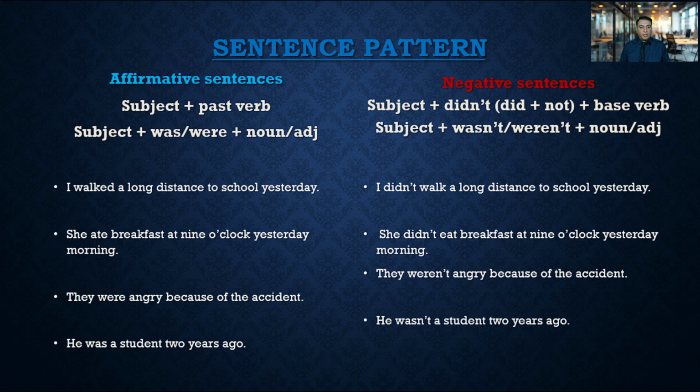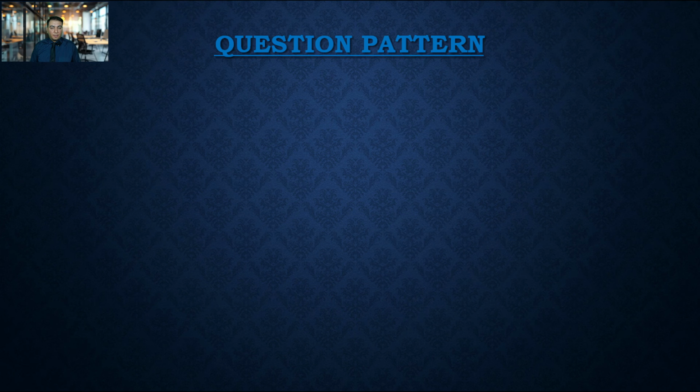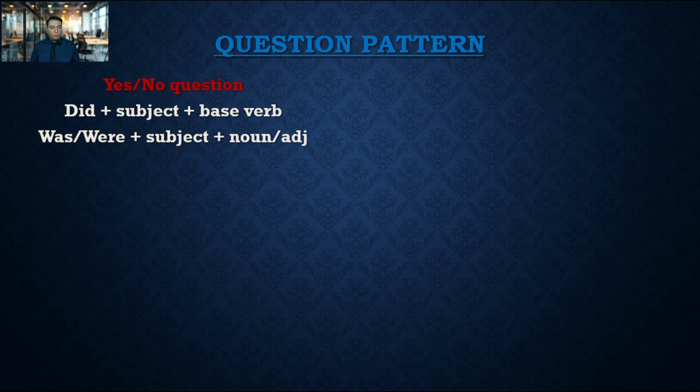Okay, the negative form is, he wasn't a student 2 years ago. Now let's learn how to make questions with the simple past tense. First, we learn yes-no questions. The pattern is did plus subject plus base verb, or was or were plus subject plus a noun or an